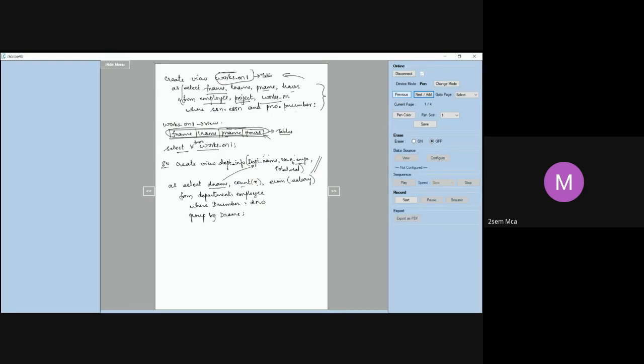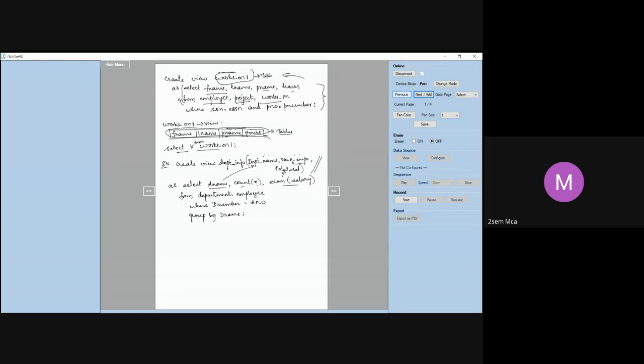But I don't want that, so I have given it as number of employees. Next I have given sum of salary, which I want to rename, so I'm renaming it as total salary.